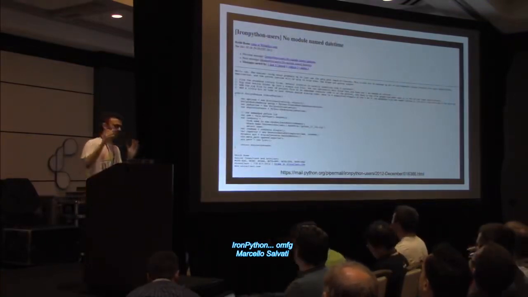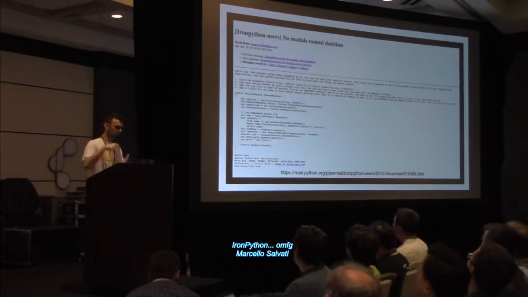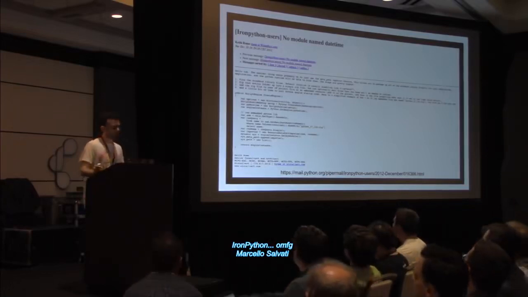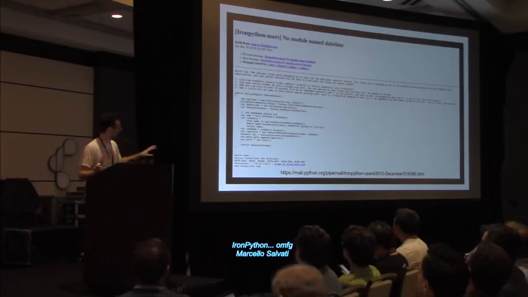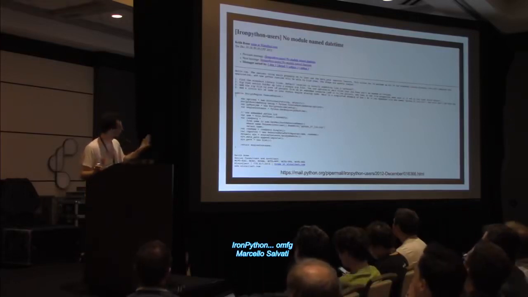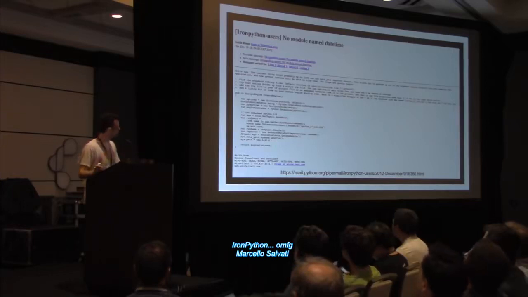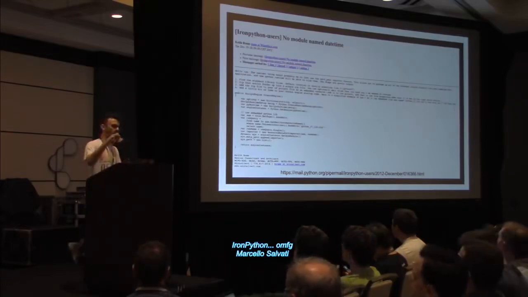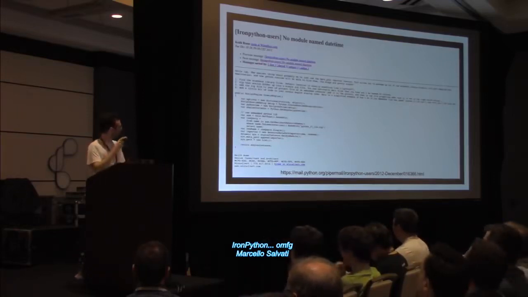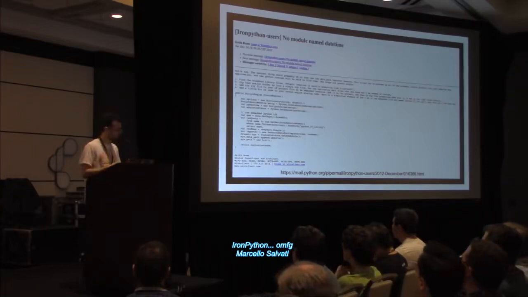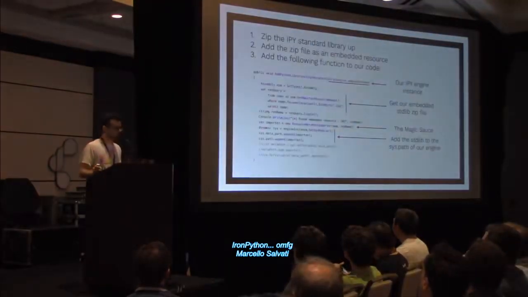So I wanted to basically give access to the script that I execute within the engine to the Python standard library, right? And I worked on this for a long time. To do this, I found an article from what I think was 2012 in the far reaches of Google, and one of the authors, I think, of IronPython actually posted code to say, hey, if you want to give access to the standard library of the script in the C# binary, you basically just have to embed the entire standard library in a zip file in this C# binary itself, and then call this magic function